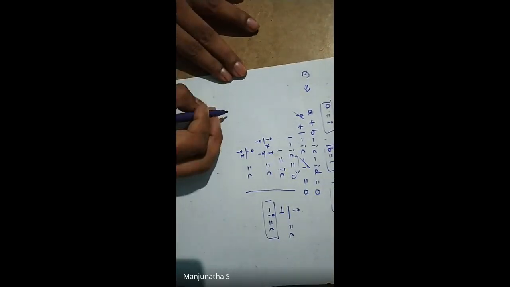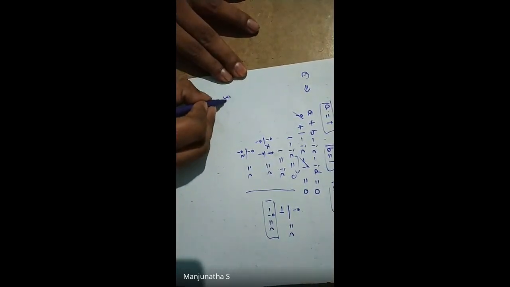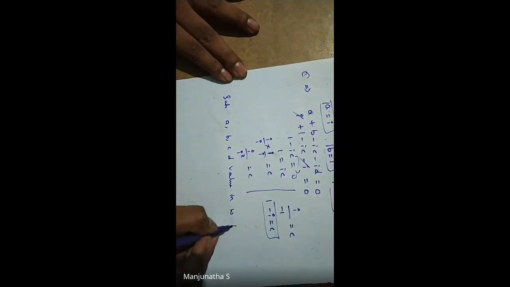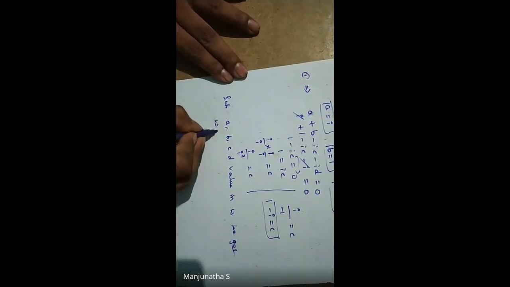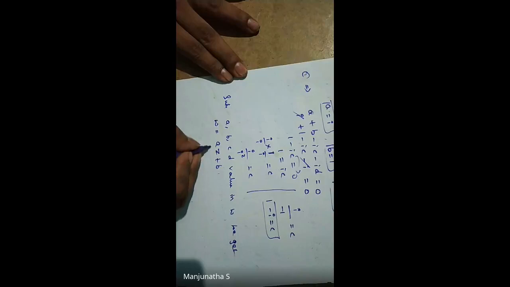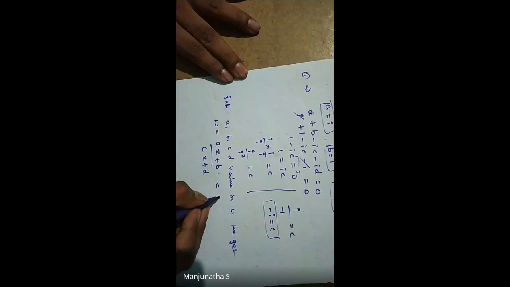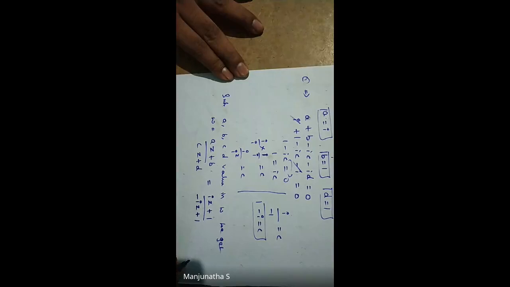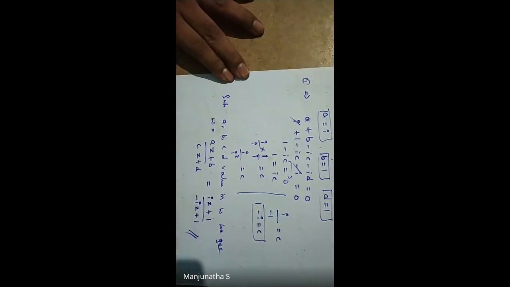So substitute A, B, C, D values in W. So what do we get? We know W is equal to AZ plus B divided by CZ plus D. So it is equal to A is nothing but i, correct? A is nothing but i. So iZ plus B is nothing but 1, divided by C is nothing but minus i. So minus iZ plus D is nothing but 1. So this is our final answer.